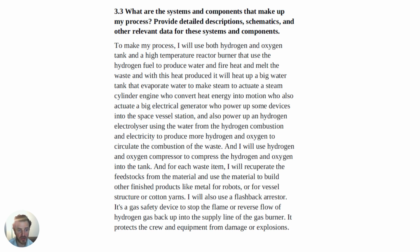We also actuate a big electrical generator that powers some devices in the space vessel station, and also powers a hydrogen electrolyzer using the water from the hydrogen combustion and electricity to produce more hydrogen and oxygen to circulate the combustion of the waste. And I will use a hydrogen and oxygen compressor to compress all the hydrogen and oxygen into tanks, and for each waste item I will create the feedstock from the material and use the material to build other finished products like metal